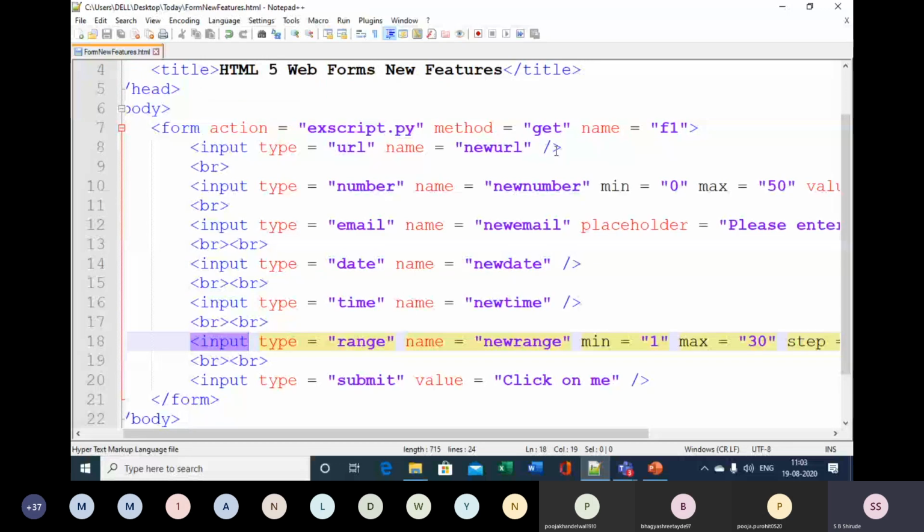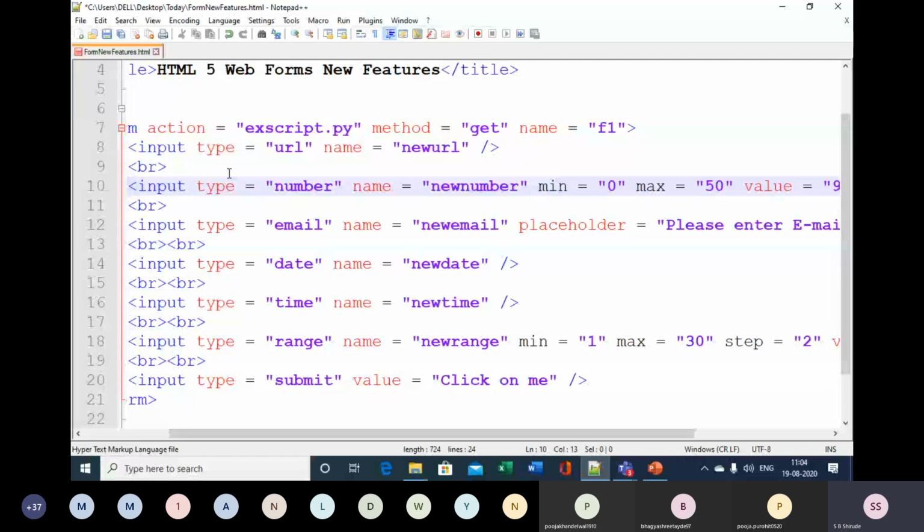So if I specify autofocus not to email address, but suppose to number, here I will insert that autofocus. See, it is automatically coming. The number is the second control in the list of controls we inserted, so to the second control we have inserted autofocus as the Boolean attribute. So for number, autofocus is set to true now.